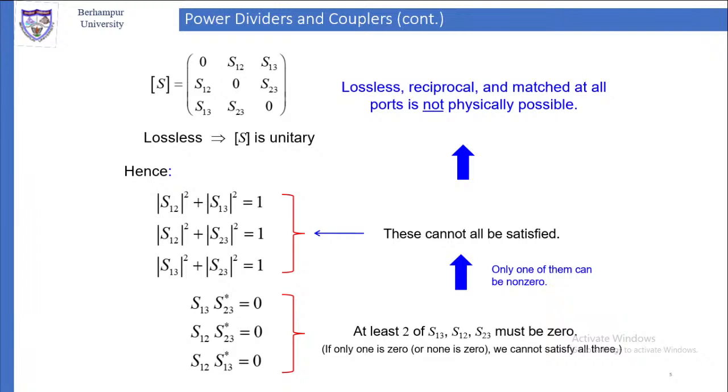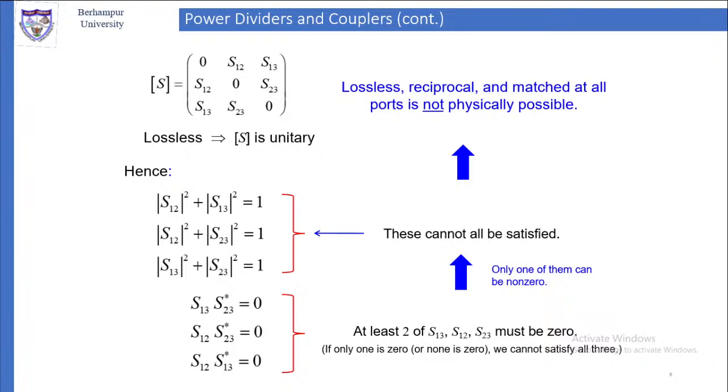Now, let us prove that it is not possible to have a lossless, reciprocal and matched device. So if you have a matched lossless reciprocal device, the S matrix is given at the top. Now losslessness implies that the S matrix is unitary, that we have seen. Now if the S matrix is unitary, then